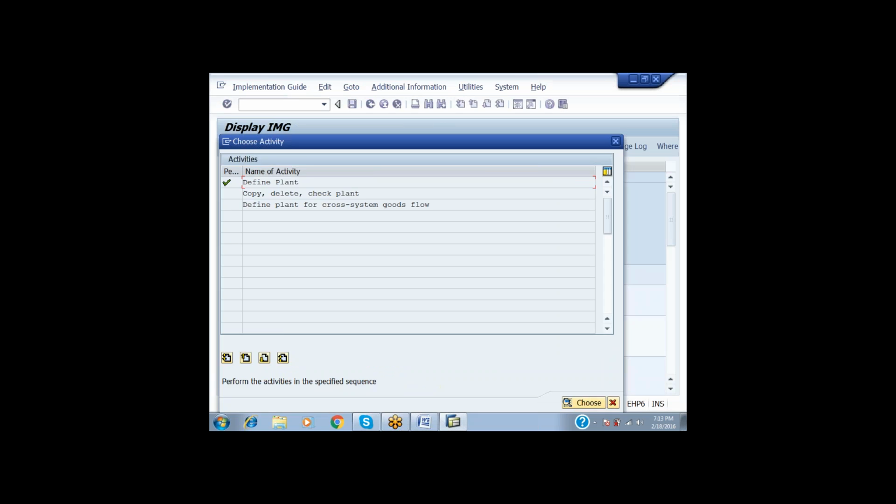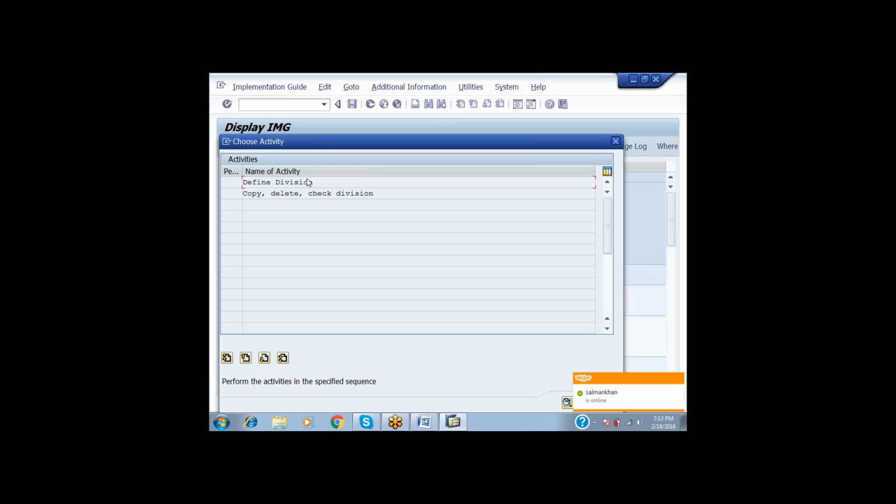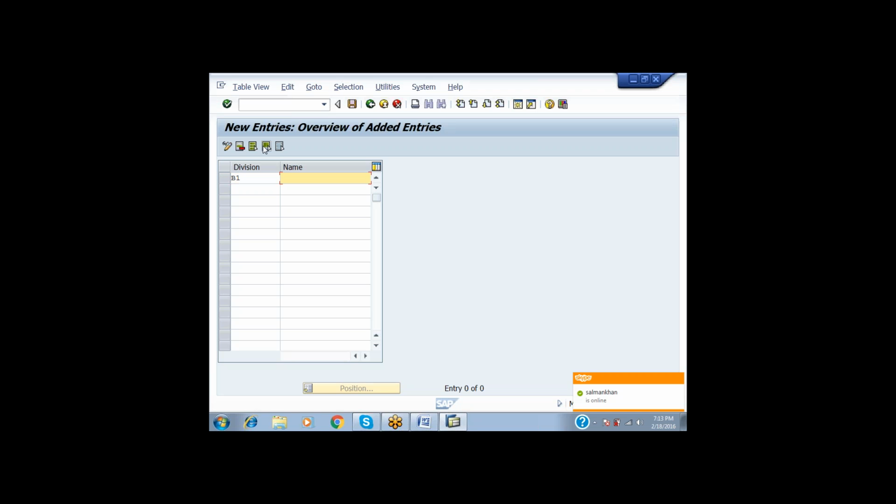For that, in OVXB, different divisions, select new entries, B1, which is already there, BA and BB, machines, and something, whatever you want.